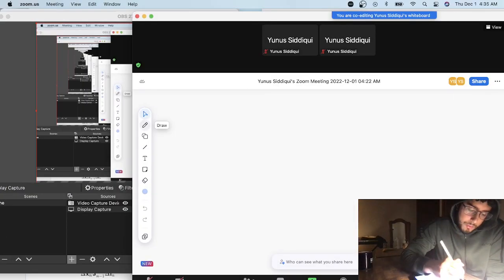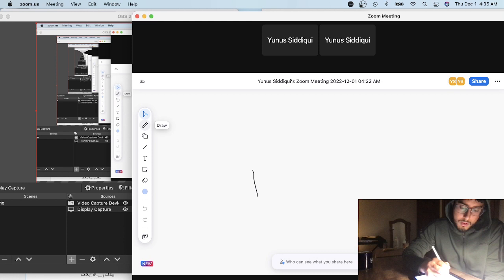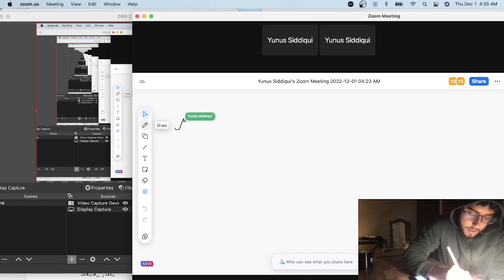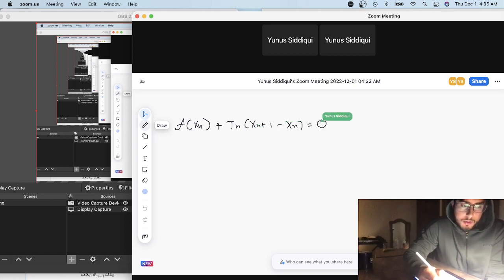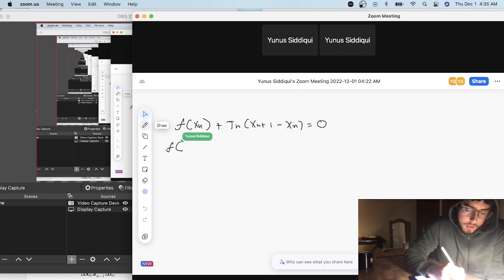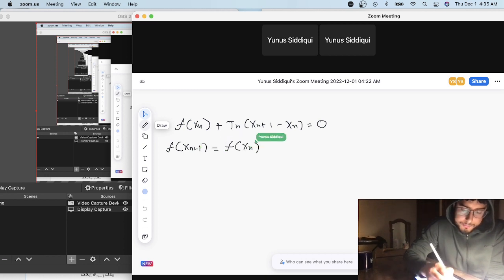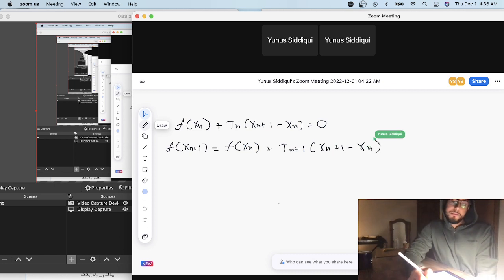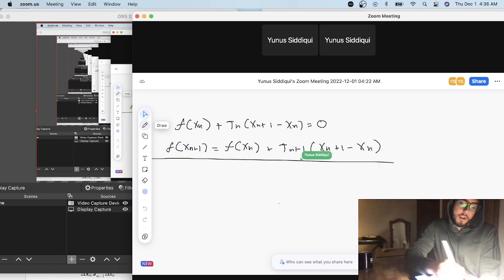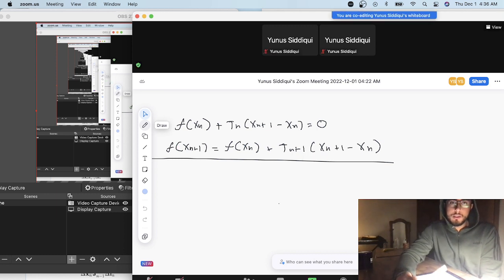Okay, so basically what we're going to be doing is the function of n of the first guess plus the Jacobian of n times x n+1, the next guess, minus the first guess, is equal to 0. We're also going to be implementing the function of x n+1. We're going to say that is equal to f of x of n plus the Jacobian of n+1 times x n+1 minus the first guess. And if we're able to subtract that, we can see